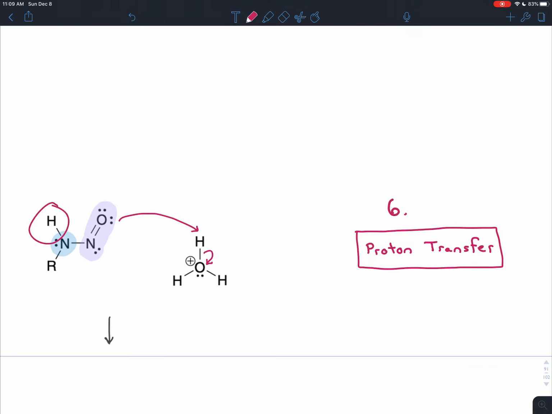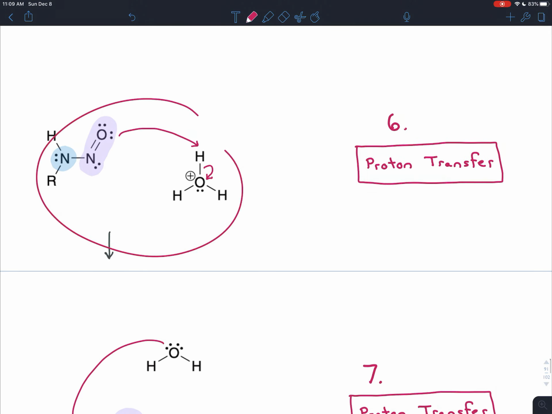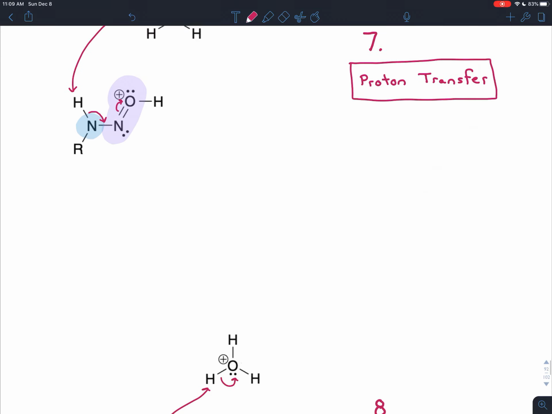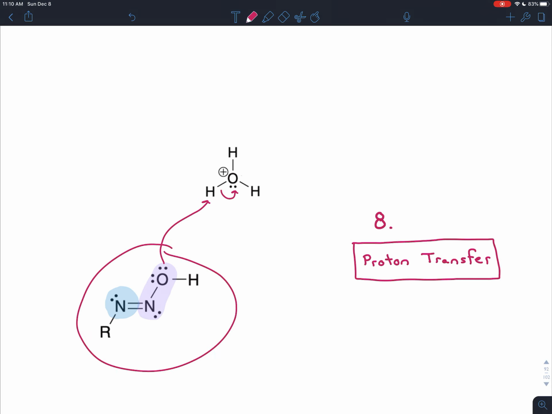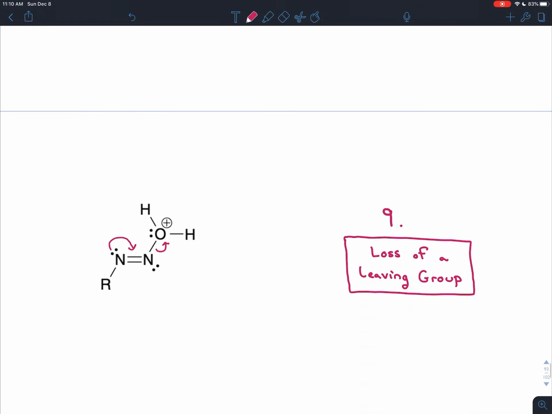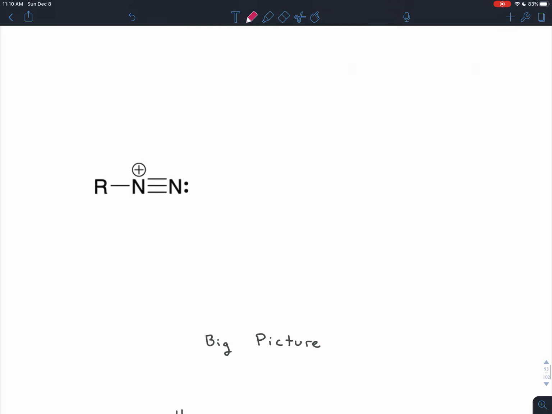At this point, we need to remove the hydrogen and the oxygen. We can remove the oxygen first by doing a proton transfer, just like before, and the hydrogen by using the water that we make in this step. That gives us this molecule here, where we can create the two bonds between the nitrogen. Now we just need the oxygen to leave, so we do another proton transfer. Now it's a good leaving group, and with a little nudge from the lone pair on the nitrogen from the amine, the leaving group comes off, and we have our diazonium ion,